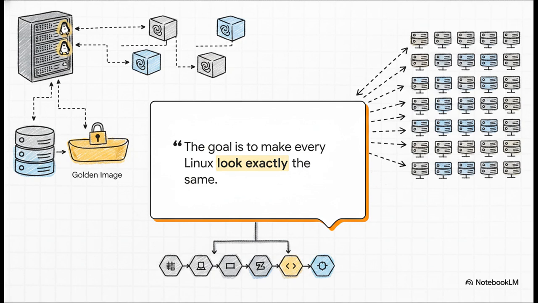The goal of a golden image isn't to make Linux boot, but to make every Linux look exactly the same. When your infrastructure explodes from 10 servers to 1,000, you quickly realize you aren't managing operating systems anymore, you are managing standardization. The golden image is the absolute bedrock of all automated operations. So, I have to ask, if your company's infrastructure had to double in size tomorrow, would your foundation actually hold up, or would it crumble under the sheer weight of manual